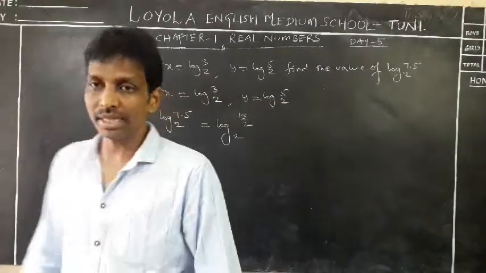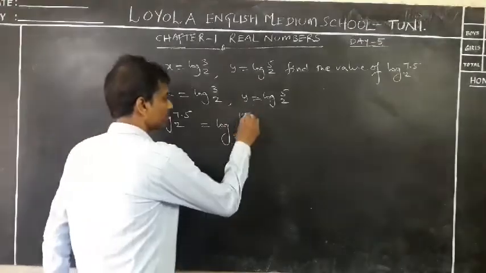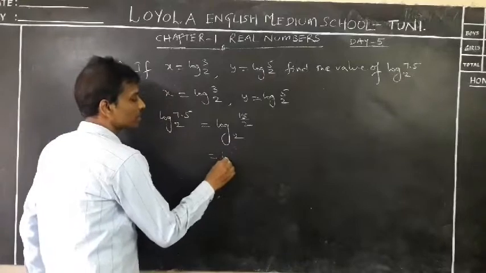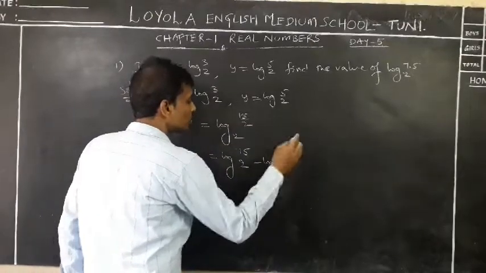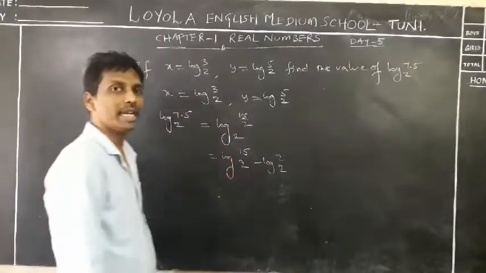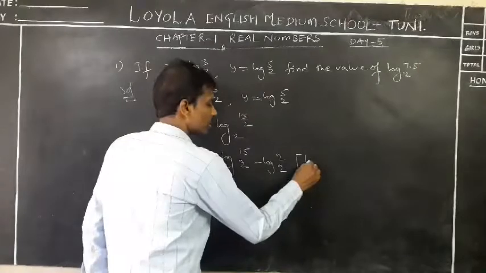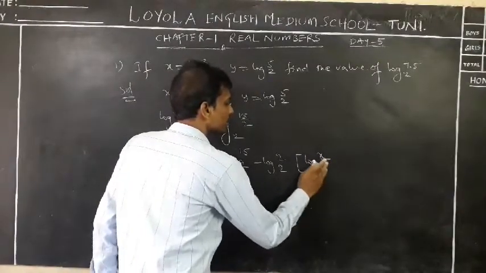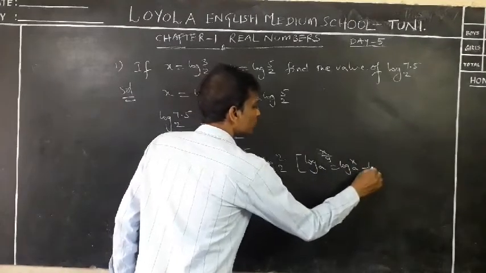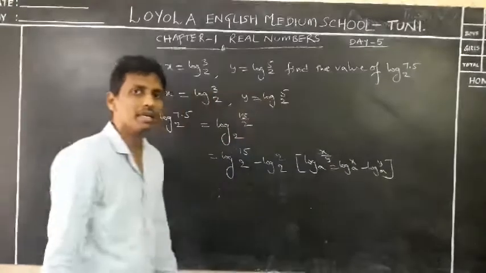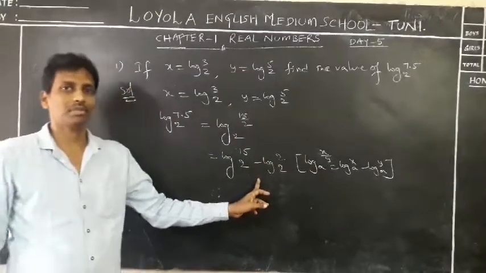Okay, let us write the sequential steps by using the well-known laws of logarithms. The next step changes to log 15 to the base 2 minus log 2 to the base 2. How do we get this? Let us recall the laws of logarithms. Log x by y to the base a equal to log x base a minus log y base a. We use this identity to get this step.